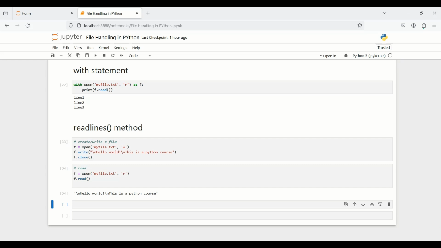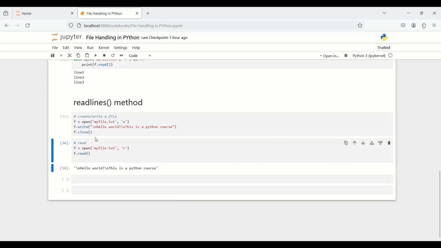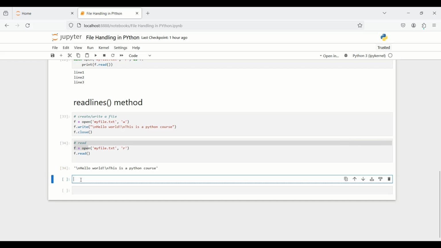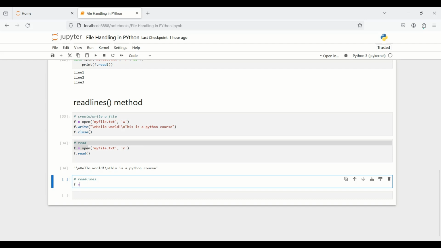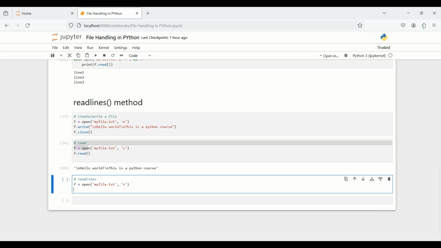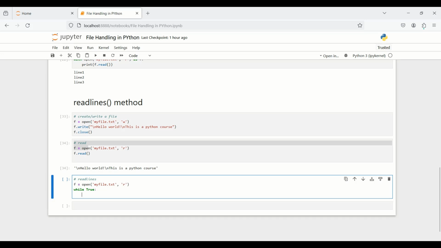So this is our output, but the simple read method does not print this statement in the next line. So we will use the readlines method now. So f equal to open my file.txt. Now use while true. While the condition is true, the code will execute. Line equal to f dot readline,